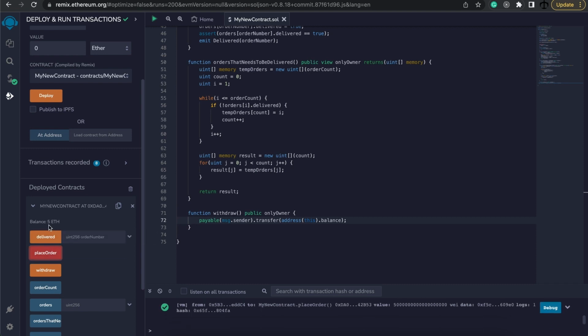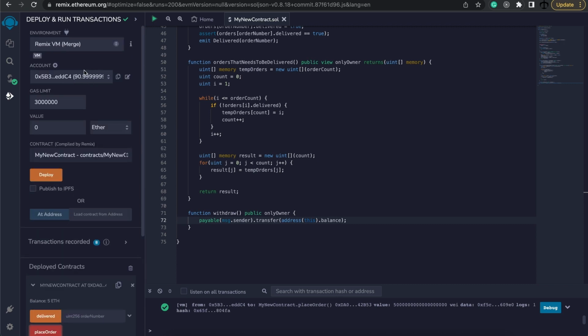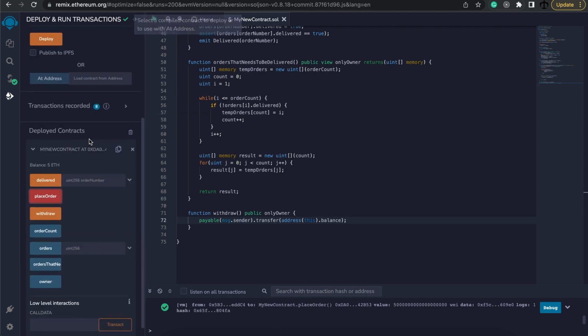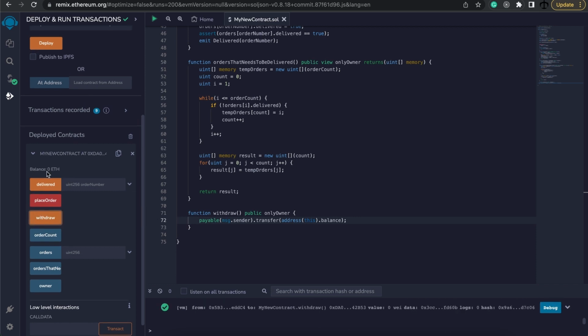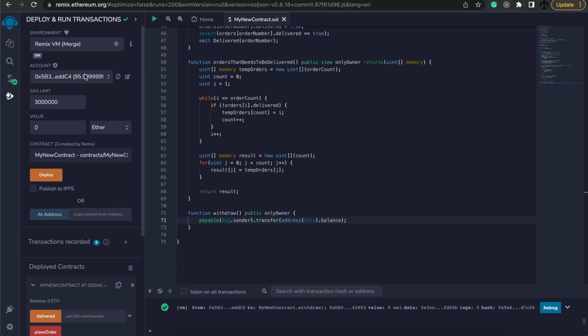And here we can see we have 5 Ether in the contract. We can also see we only have 90 Ether right now. This is the owner's address. So I can now technically click on withdraw, and hopefully, and indeed, the balance is 0, and we got back our 5 Ether. And that is kind of how you can extract the Ether from a contract, or at least